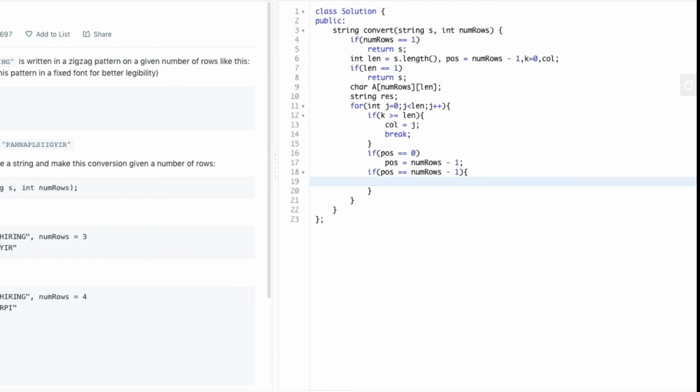If the condition is successful, then we run a for loop from i equal to 0 to number of rows. And here we check whether k does not exceed the length of the string. That is, k is within the range of the string. If so, we copy the character of the string into a new array A, or else we insert a dollar symbol.